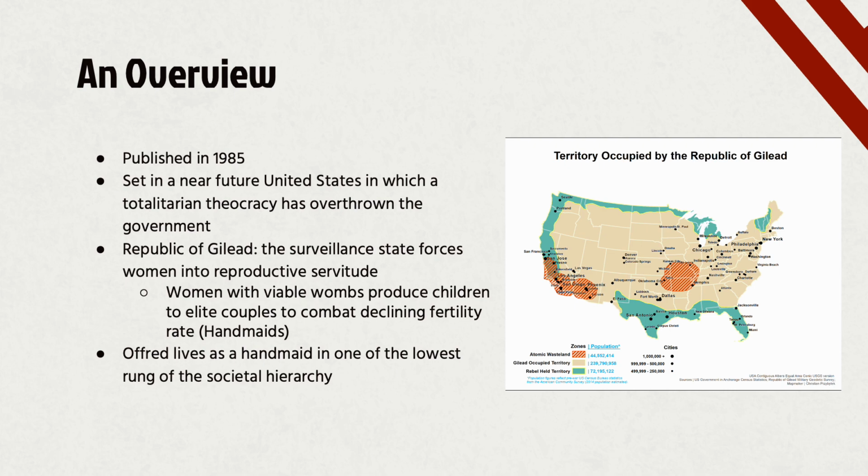On the right, we have a picture of the Republic of Gilead. The tan areas represent the areas that are in control of the people. The blue-green areas are those that are commanded by the rebels or anyone trying to fight back. And then the red represents the wastelands, also known as the colonies, which are used as punishment to send women who are unable to produce children, or women and also men that have committed crimes.